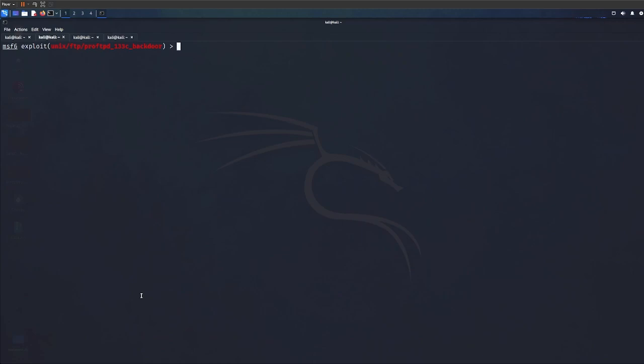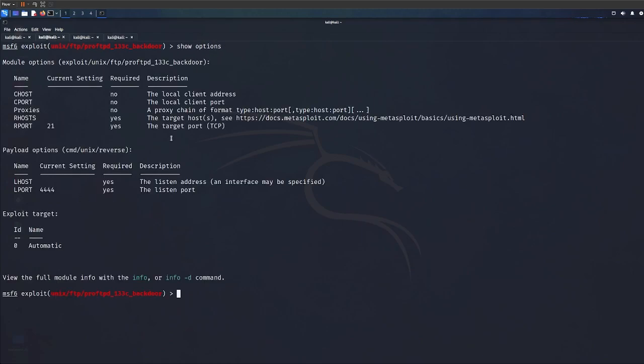Now the most important command is show options. As you can see, there's some very important information. The first thing we have is name, current setting, required, description. Now, if it says required and it says no, we don't need to put anything in. So we're going to avoid these two things. We're going to do RHOSTS, which says required, right? Which is the target host. You need to put RHOSTS 99% of the time, apart from TCP handlers, which basically don't require RHOST, because then we just need to wait till someone connects to us and we can reverse the connection. So what we can do is set RHOSTS